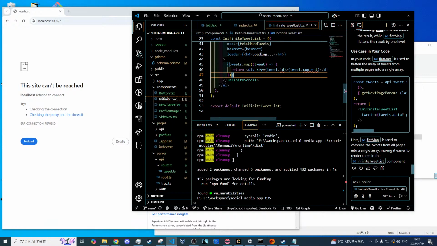There we go. And as you can see, we have the text for that one tweet. And if I create